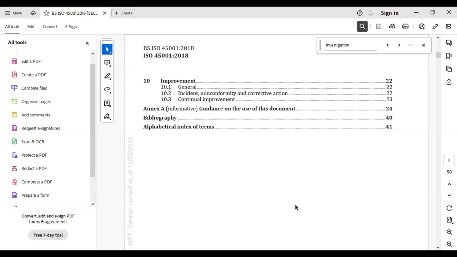See, for anything in your life, whether it be cricket, football, or even mathematics, we need to first get ready with the basics. If it is mathematics, for example, you need to know addition, subtraction, division, multiplication, and tables. And for this ISO 45001, you need to familiarize yourself with all the clauses. Only then can you become competent in that area. So with that note, thank you all for listening to me.